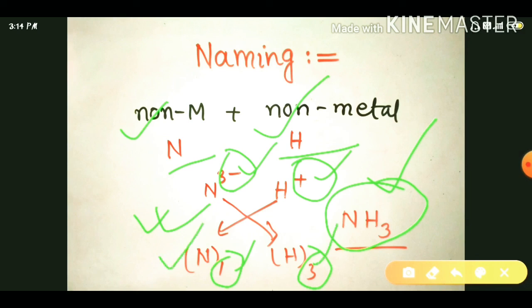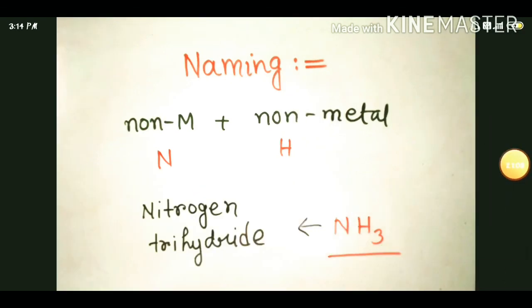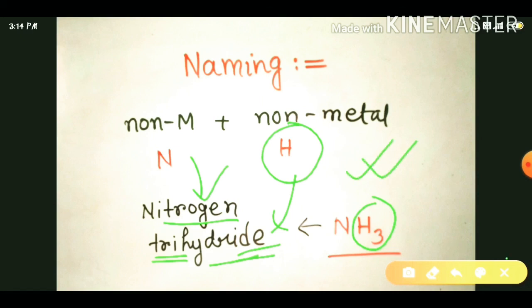We get 1 N and 3 H, so NH3. Okay, according to the rule, we know nitrogen is written as it is and hydrogen is like hydride with adding ide suffix and with prefix tri, because 3. So nitrogen trihydride is the name, but